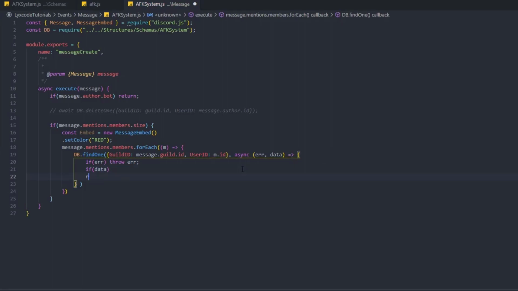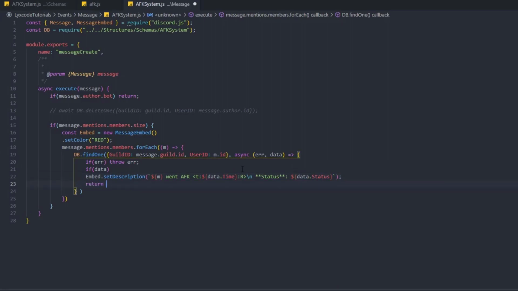Let's actually put it down here. Let's type embed.setDescription, and here we're gonna say $brackets member object went AFK, and here we're gonna type this bracket t, and then data.time, and then this two dots, whatever, r, and this bracket. And then we're gonna create a new line, and we're gonna say status, and here we're gonna provide the actual status, data.status,